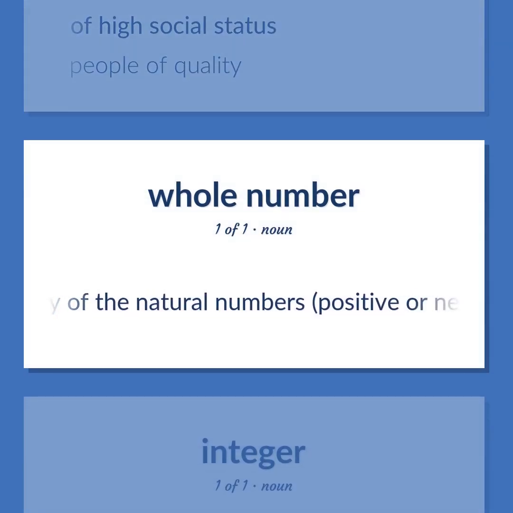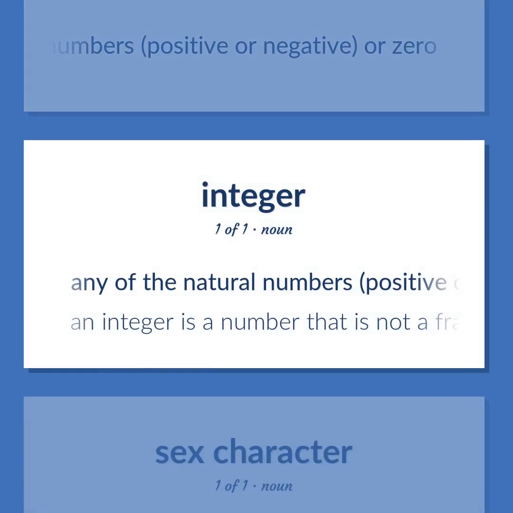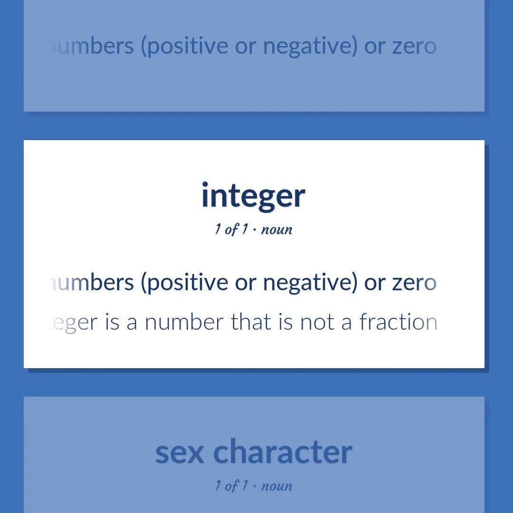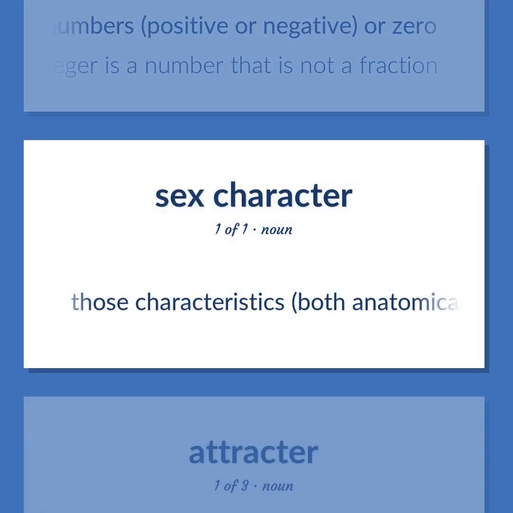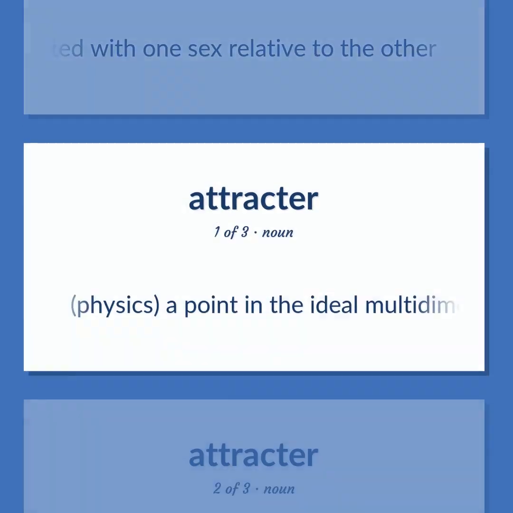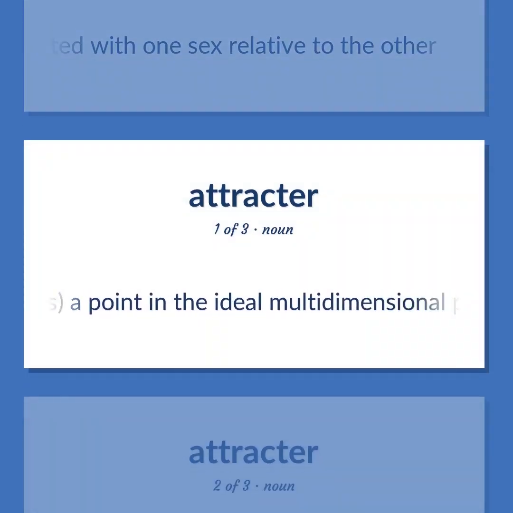Any of the natural numbers, positive or negative, or zero. An integer is a number that is not a fraction. Those characteristics, both anatomical and psychological, that are strongly associated with one sex relative to the other. Physics. A point in the ideal multidimensional phase space that is used to describe a system toward which the system